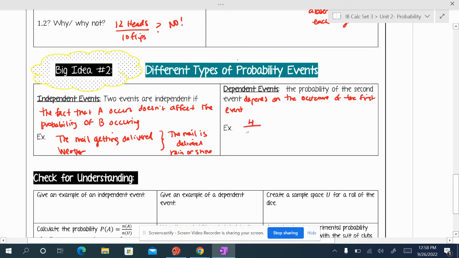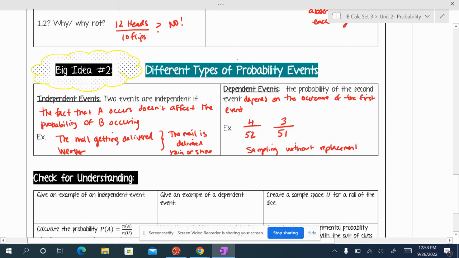There are 4 queens in a deck of 52 cards. Now, this is in the first draw. What is the probability of getting a queen in the second draw? Well, I now have 3 queens left because I already picked one over here. And I only have 51 cards left because I already picked one over here. And we call this sampling without